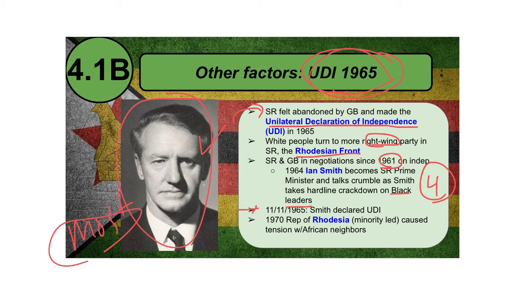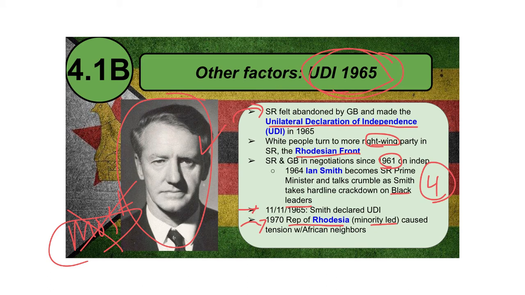And some people recognize it, but it's not really going to be official in terms of independence until 1970, when they officially declared the Republic of Rhodesia under a minority-led government. And what we mean by this when we say it's official in 1970 and they changed the name is that they close off the other connections that they still have with Great Britain in 1970.